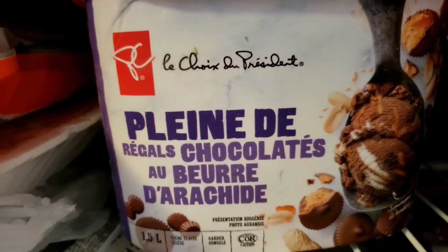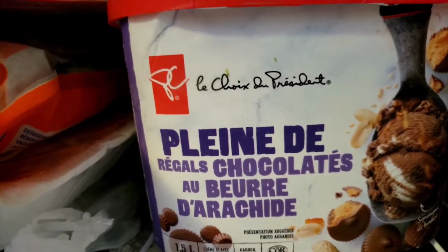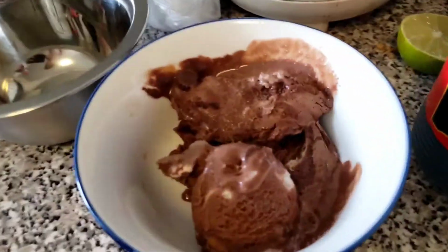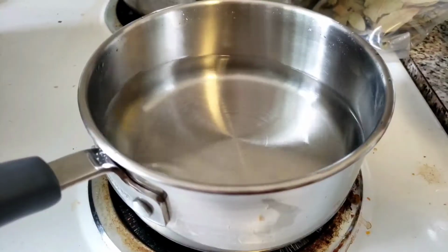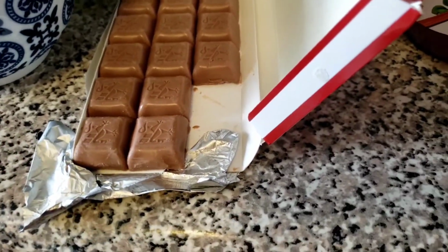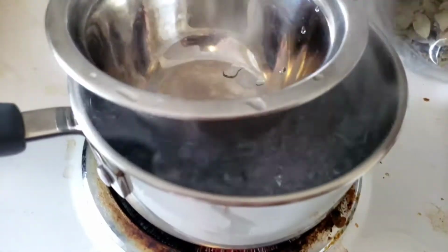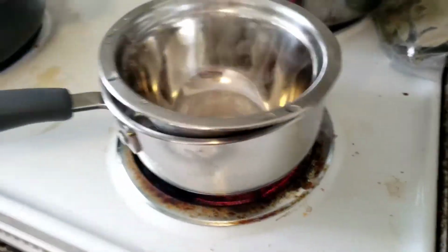So first of all, I'm going to melt some ice cream. I'm kidding, that's peanut butter ice cream with chocolate and stuff. I'm gonna let it melt at room temperature. Then we are going to boil some water. I'm also going to use a Lindor chocolate bar and Nutella to add to this. Alright, once the water is boiling, put this mini bowl, if you have one, ow, that's hot,